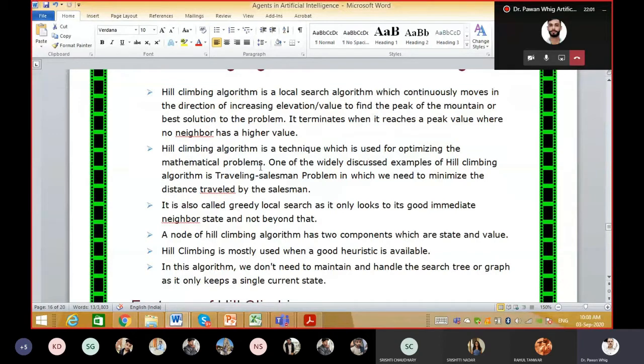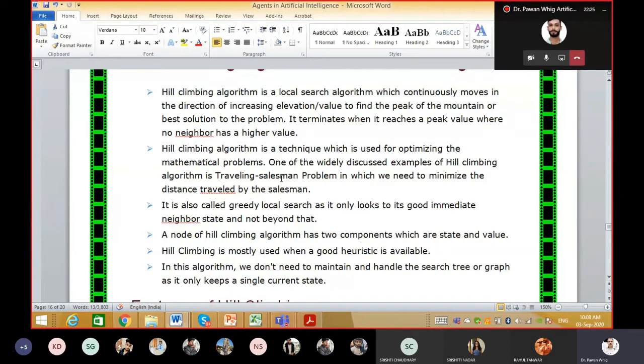How? I'll tell you. One of the widely discussed examples of the hill climbing algorithm is the traveling salesman problem that we also discussed in the last class. In the traveling salesman problem, a salesman has to sell a particular item to different cities.